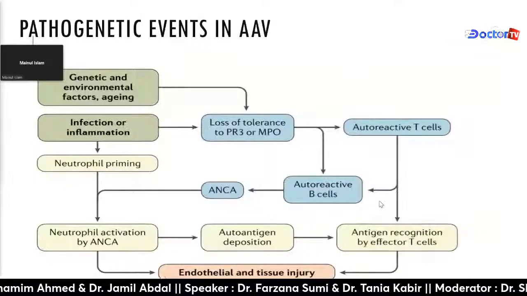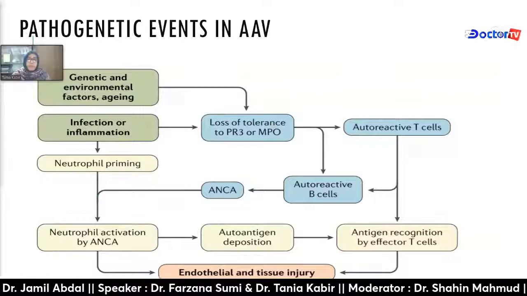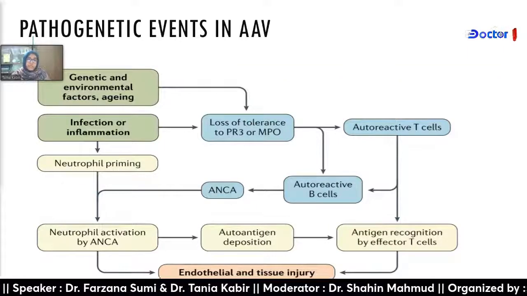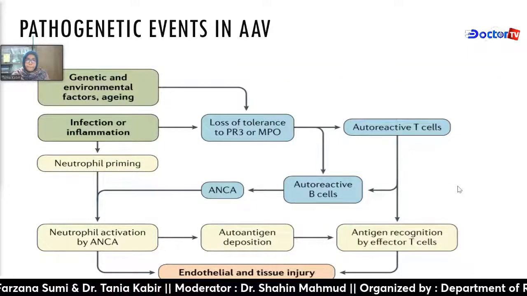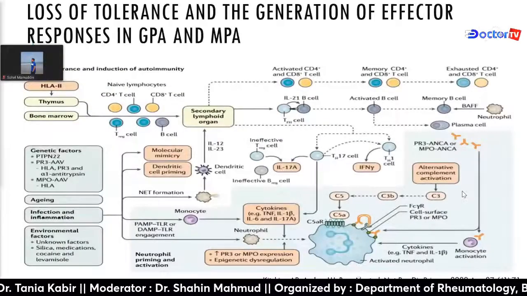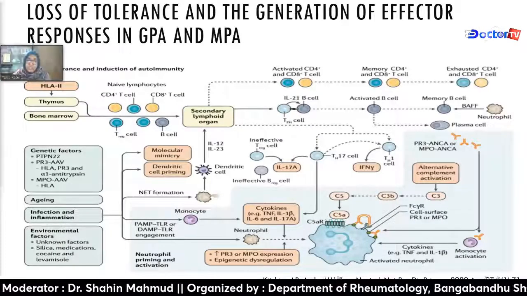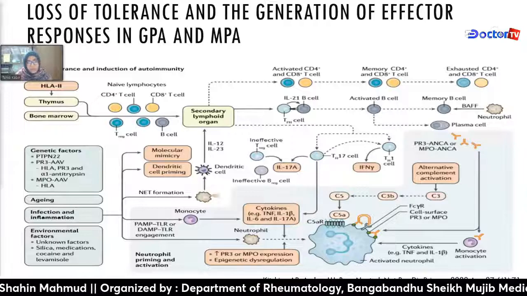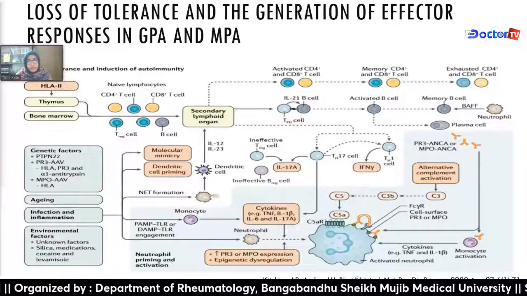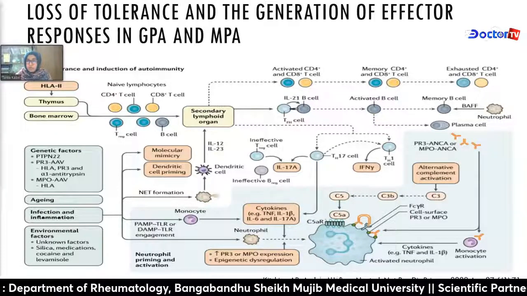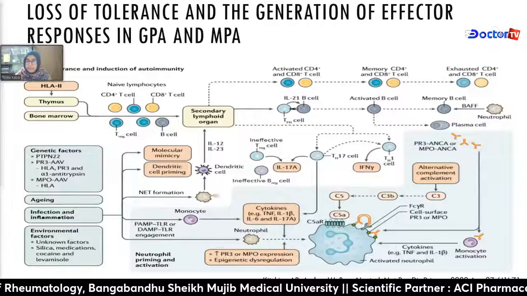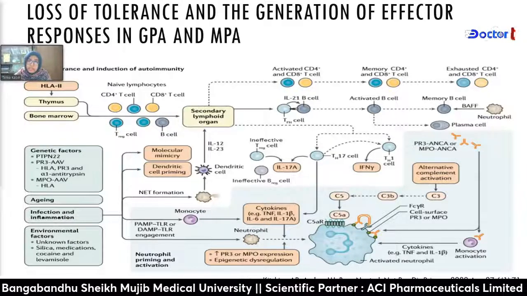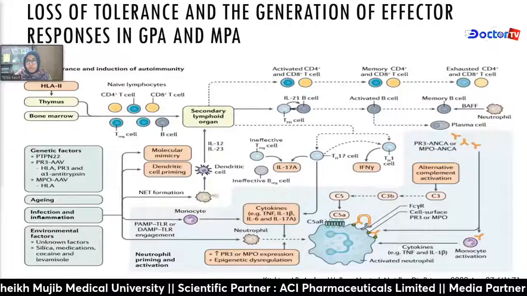This is a simplified schematic presentation of the pathogenesis of ANCA-associated vasculitis. You can see the genetic factors, aging, infection, inflammation, and some environmental factors all play a role in inducing the loss of tolerance of T and B cells to neutrophilic PR3 and MPO,